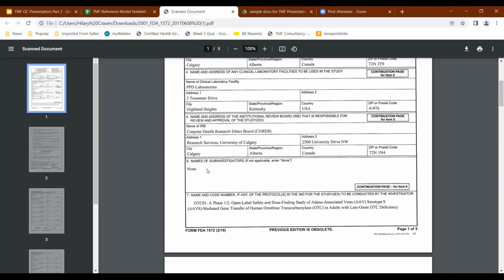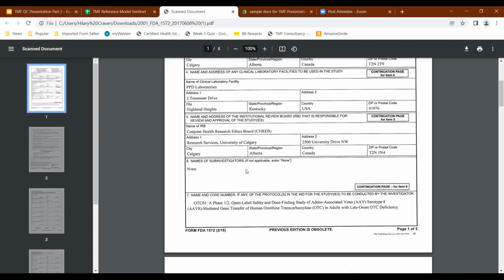All right, section 6, sub-investigators. You're really looking at how do you make sure that everyone who's on the study is trained and appropriate for the study. So that's why section 6 is really important. There's also another document called the Delegation of Authority Log, which goes into that thing that we saw earlier, where they talked about